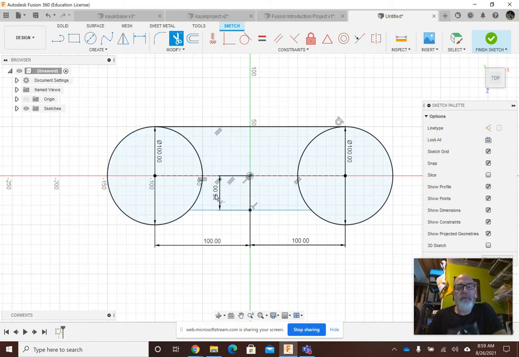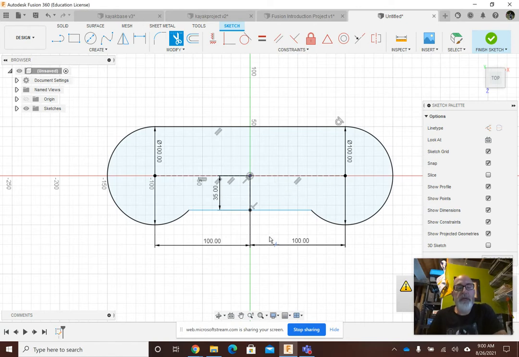Notice how when I hover over them, they turn purple. The construction line does break this for this tool. So I'm going to trim here, click and trim here. I'm going to click and trim here and trim here. All right. Now that looks like this is a construction line, this is a construction line, so they're not part